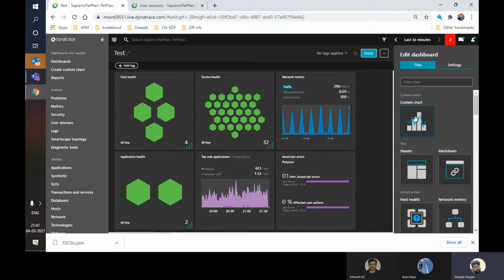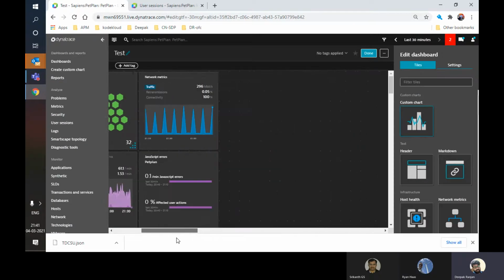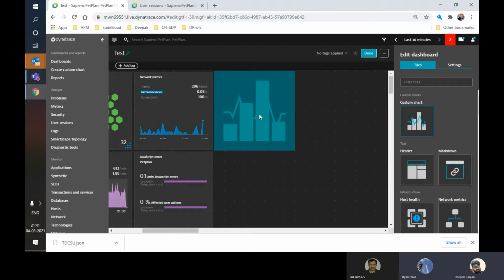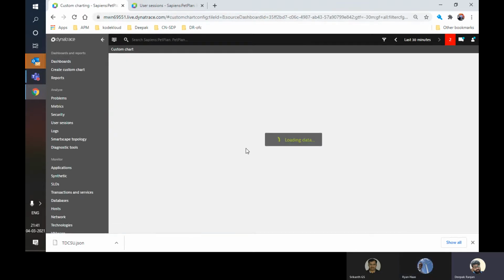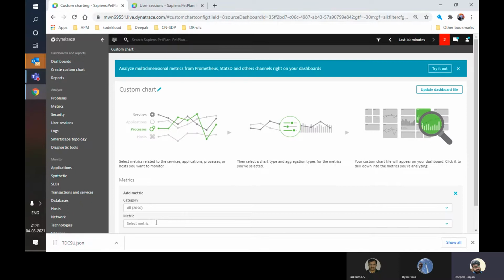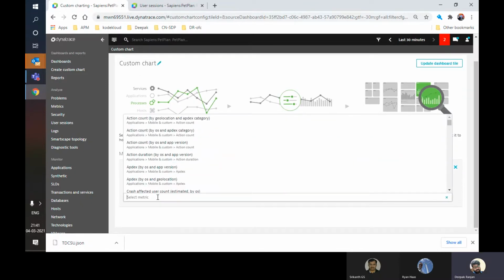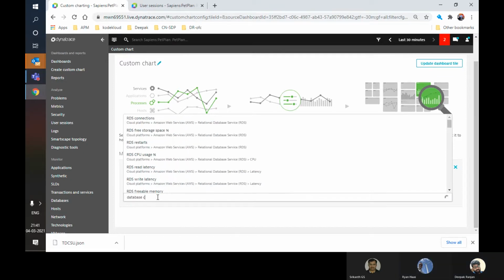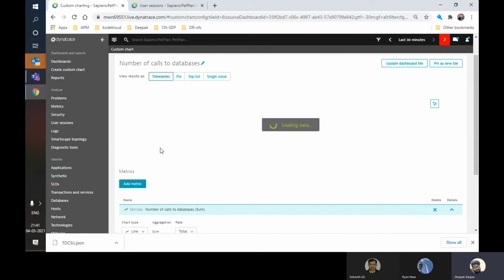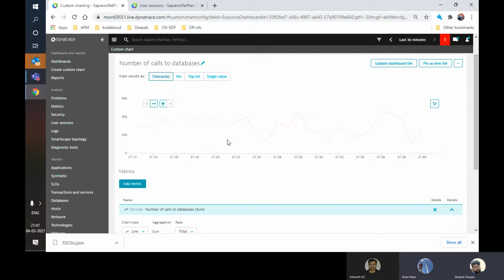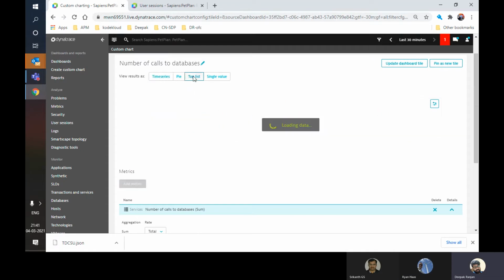If you want to fetch some information, we have a custom chart here. Just drag the custom chart here, then configure it, and then you should have the metrics over here. Suppose I want to look at database calls. So I'm taking the number of calls to database. This is the database activity. This is completely okay. So if it is our top list, I'm taking